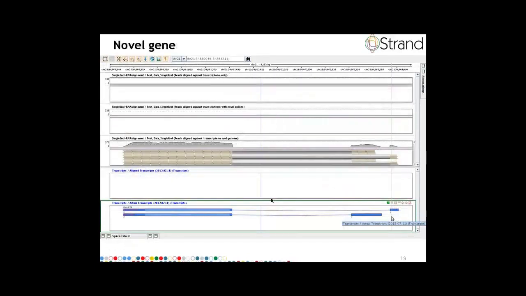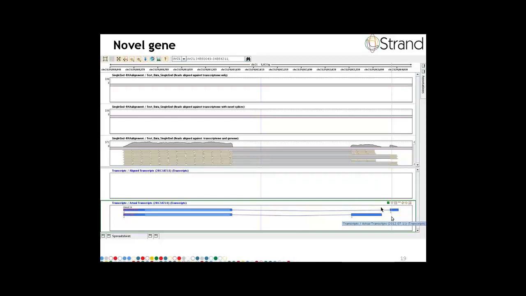Finally, you might have some entirely new genes which are not present in the transcript model at all. For instance, here is a gene which has 2 alternate transcripts, and suppose these transcript structures are not present in the annotation. Avadis NGS still manages to detect the presence of those reads. It aligns against the genome, it finds enriched regions, it checks the enriched regions for the presence of appropriate splice signals and aligns reads using the novel exons detected in that manner. So one can see 3 different novel exons out here, and one can see perfect slices aligning with the boundaries